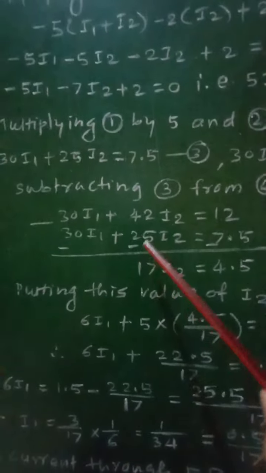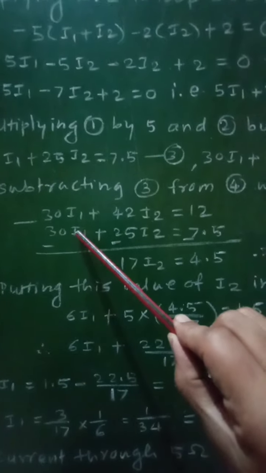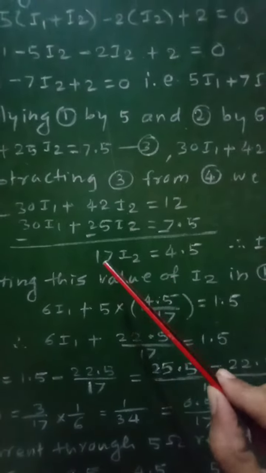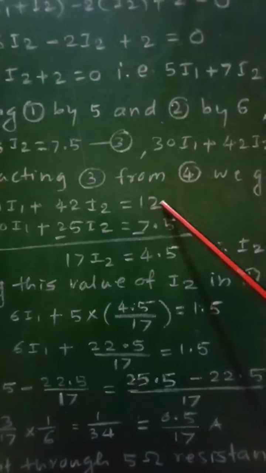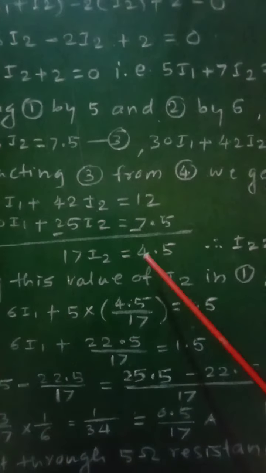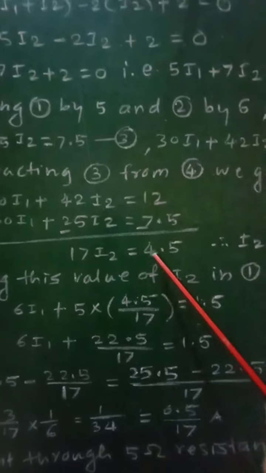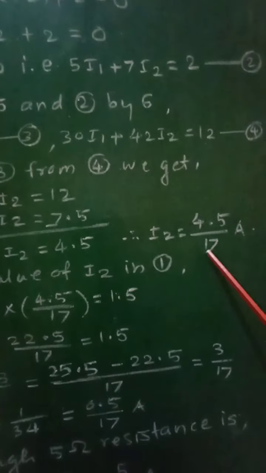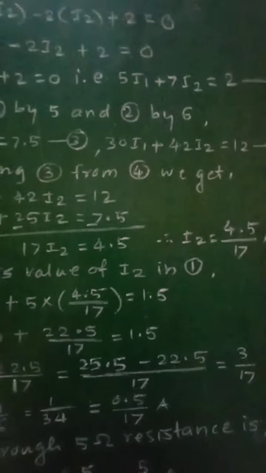Again changing the sign we can add them, 30 I1 minus 30 I1 will get cancelled, then 42 I2 minus 25 I2 equal to 17 I2, that will be equal to 12 minus 7.5, which is equal to 4.5. So 17 I2 equal to 4.5, therefore I2 will be equal to 4.5 upon 17 ampere. This is the value of current I2. Then putting this value of I2